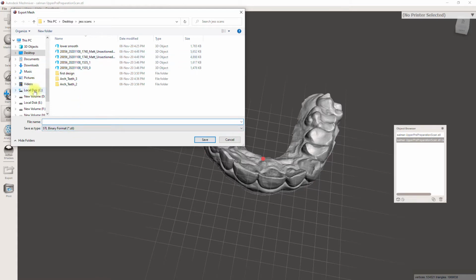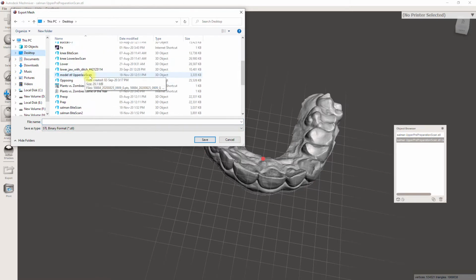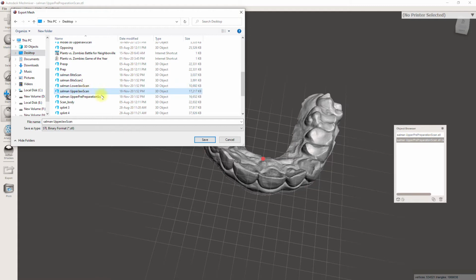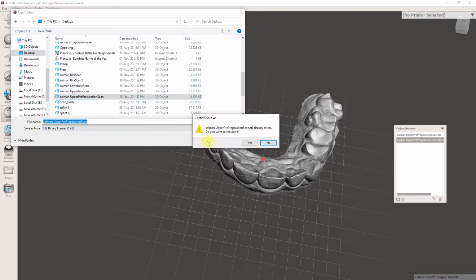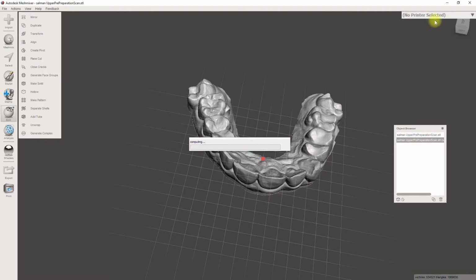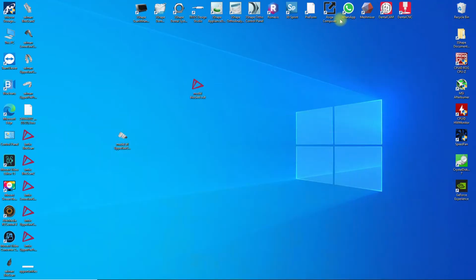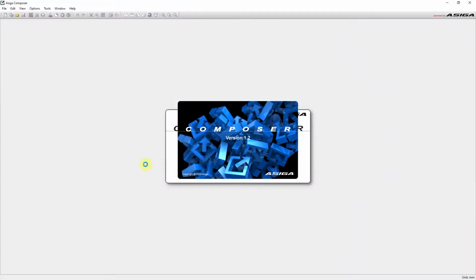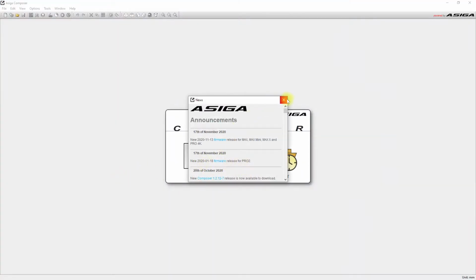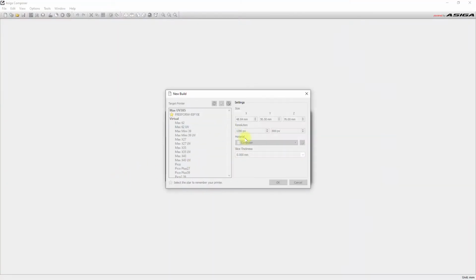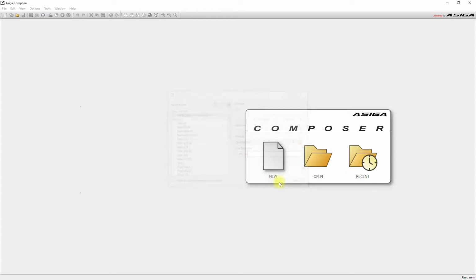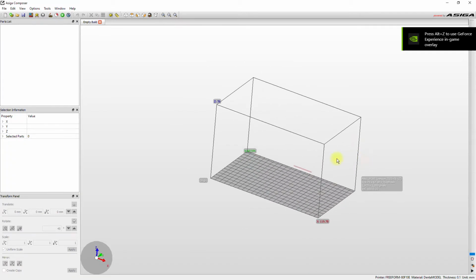And let's just go to desktop and summon up a pre-prep. Save. Do you want to replace it? Yes. So after we've done that, opening up the Asiga program, it makes it pretty easy because of the plane cut, and let's change material to Denture model, 100 micron. Because when we're using the plane cut,